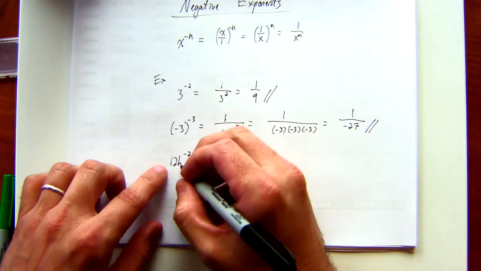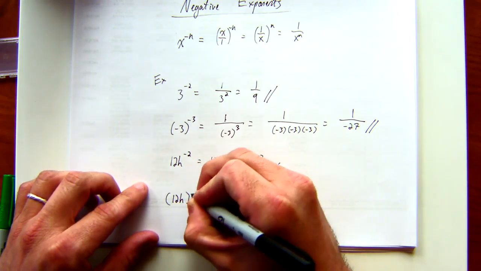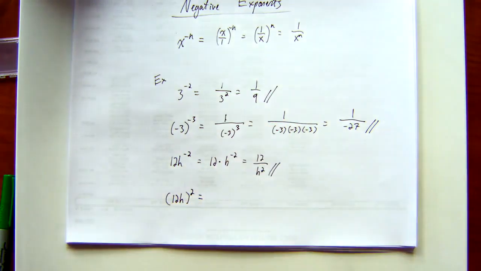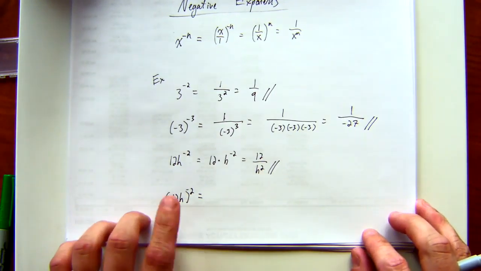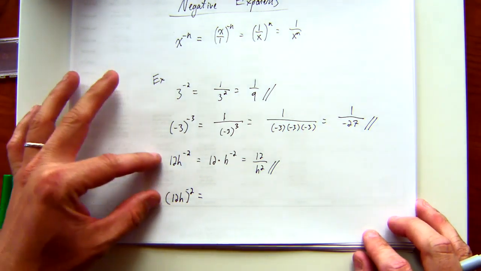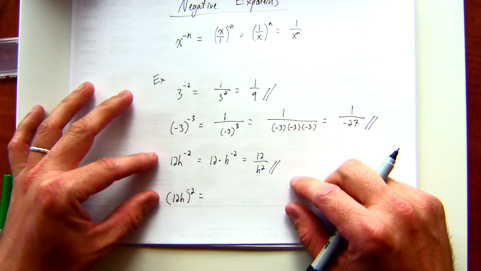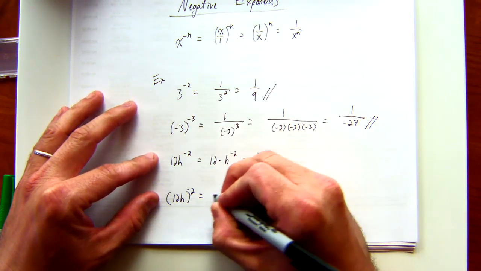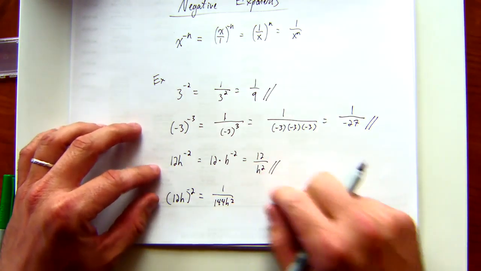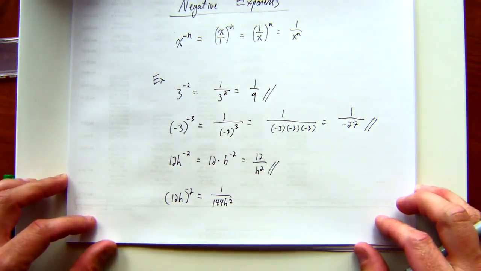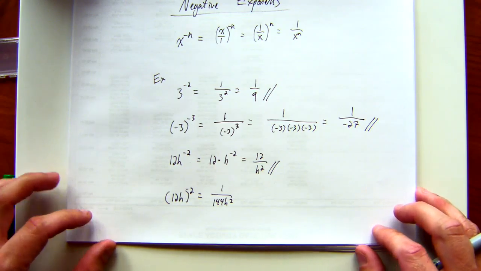Let's look at one more similar example. 12h squared, all to the negative 2. Now what's my base? Now the 12 is part of my base. See the difference in these two examples. This is going to end up being 1 over 144h squared. So a little different. When you approach these problems,